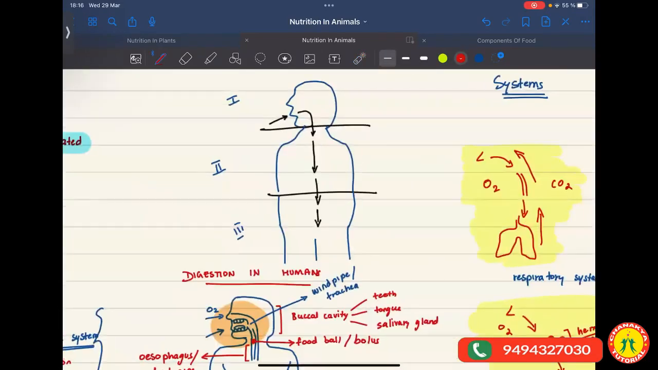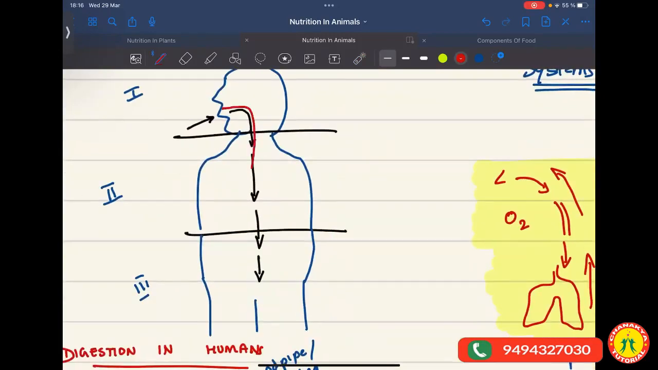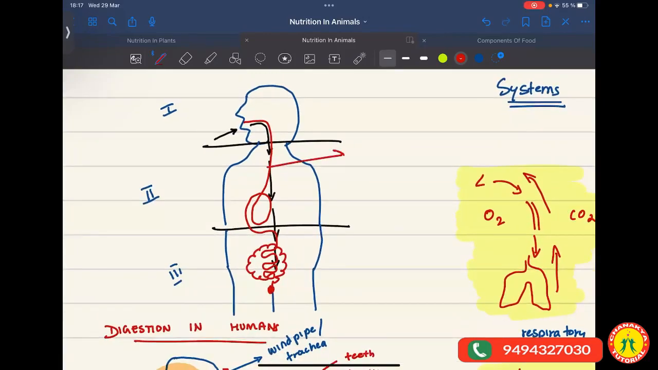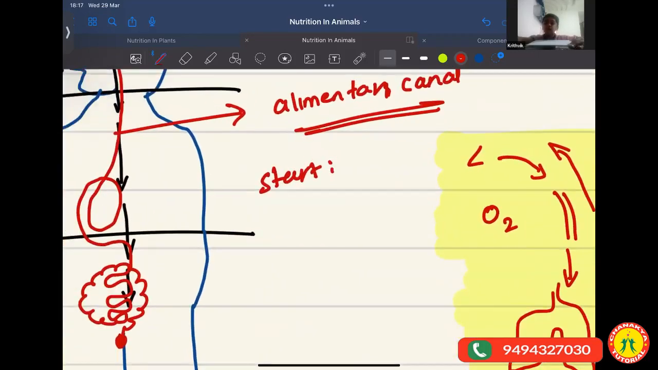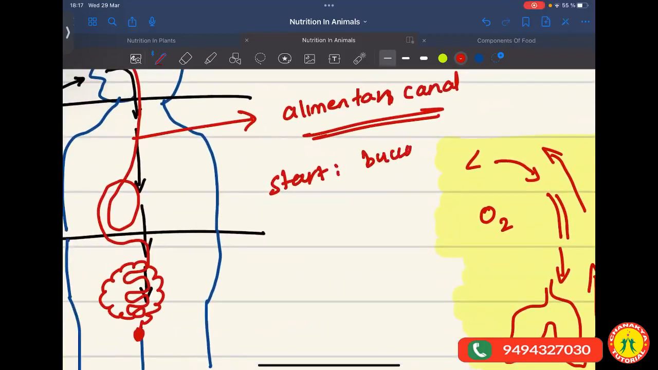So your food pipe, stomach, then your small intestine, large intestine, and anus. This whole canal is known as the alimentary canal. So where does the alimentary canal start from? It starts from where? Ma'am, from the buccal cavity. Very good. It starts from the buccal cavity and ends in